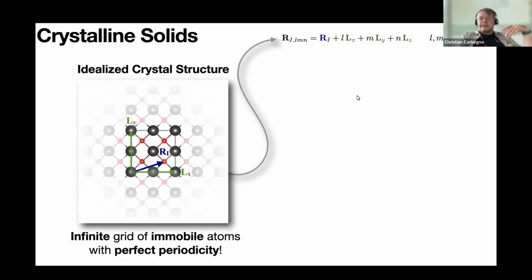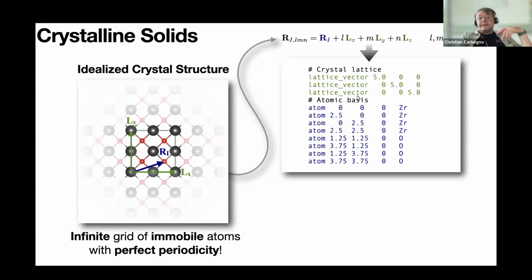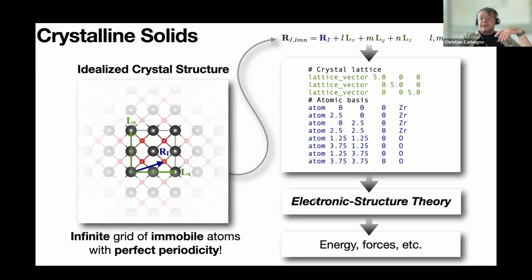And for instance, if you use a DFT code, this is also the kind of input you give it. So you say, look, these are the lattice vectors. Here, it's a cubic lattice in that case. And then you have some atoms sitting at certain positions, and you give it this information. And then the code treats it. And you usually then feed this kind of information to electronic structure theory, so to the DFT code of your choice, and this gives you all kinds of information about the system. So it solves the electronic structure problem.